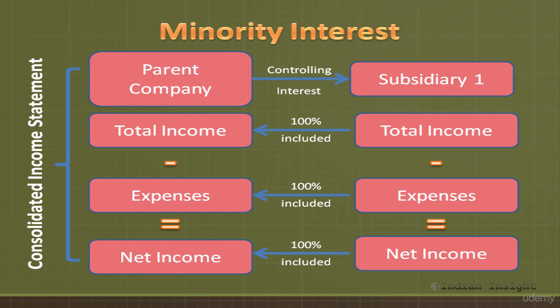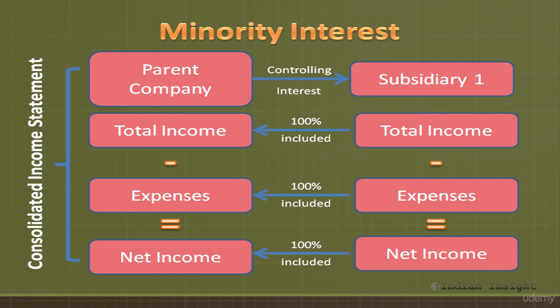If one company, which we may call the parent, controls another company, which we may call the subsidiary of the parent company, then the parent company is required to present its own financial statement consolidated with that of its subsidiaries. This is mandatory when the parent holds more than 50% stake in the subsidiary company. Each item in the consolidated income statement includes the entire amount from the relevant item from the subsidiary's income statement. However, if the parent does not own 100% stake, then it is necessary for the parent to present an allocation of net income to the minority interest.